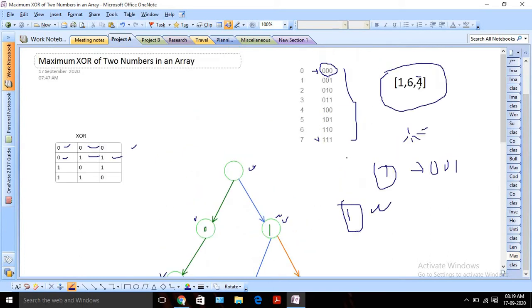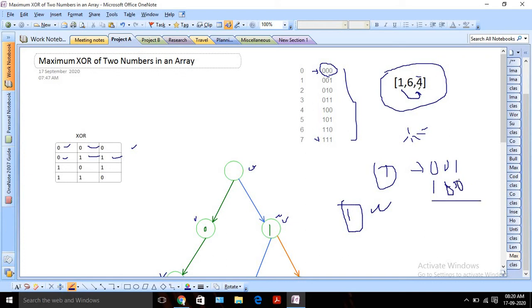So now the second step, we need to identify the maximum value, right? So how can we do that? If you consider the bit representation of these numbers, suppose for 1 we have 001, and if I do XOR with 4, right? So 4 means 100.